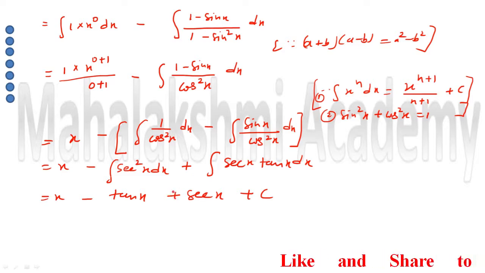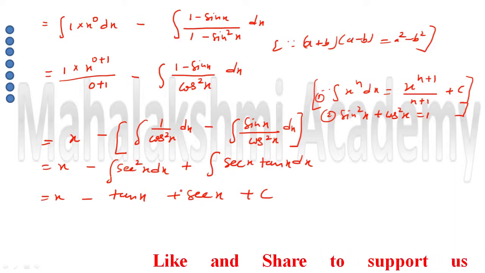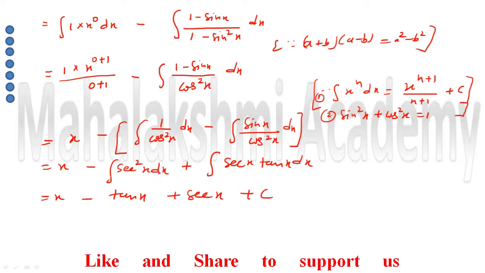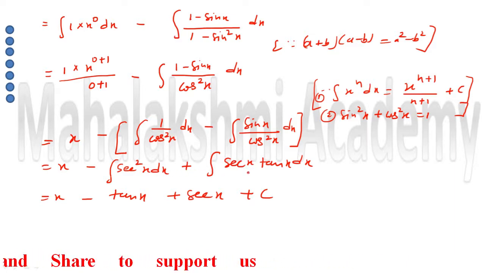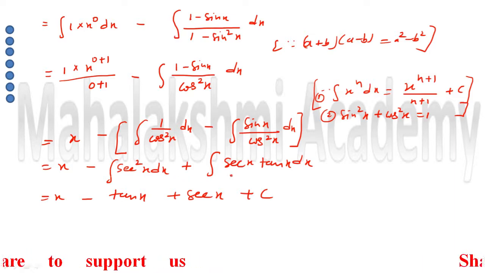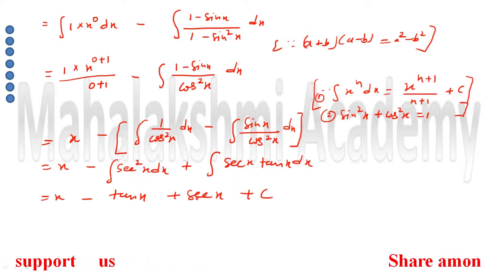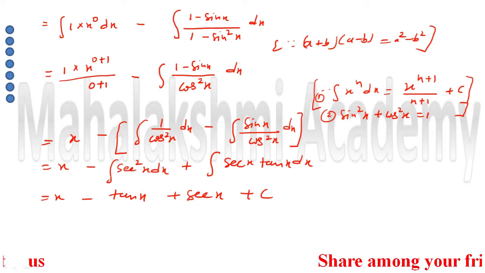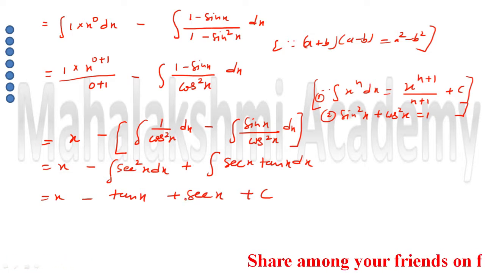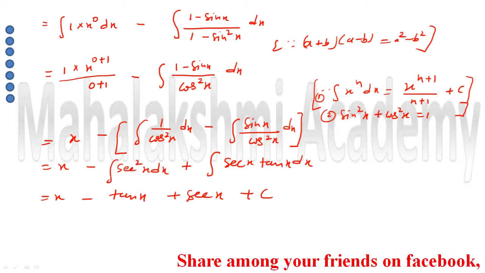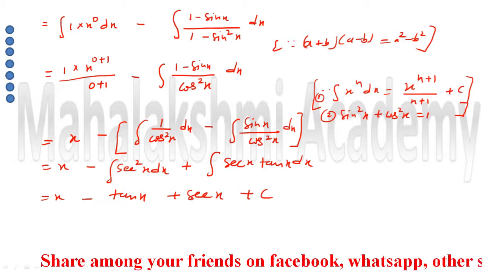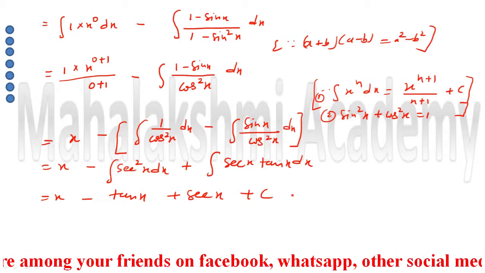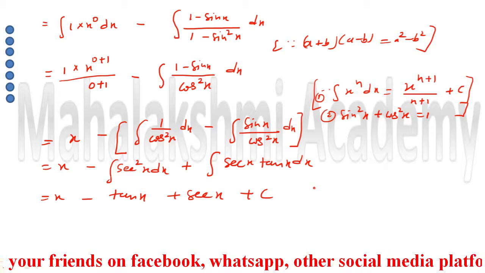Since our question was not in the standard formula form, by rationalizing the denominator we brought the trigonometric functions in the numerator, and after bringing them in the numerator we found that they are standard results, so we directly used the formula. So this is the format how we can change the question. Now I hope this question is clear to you. Now we move to the next question of the same exercise, that is also of the same type. So along this we will do it so that it will be clear to you.